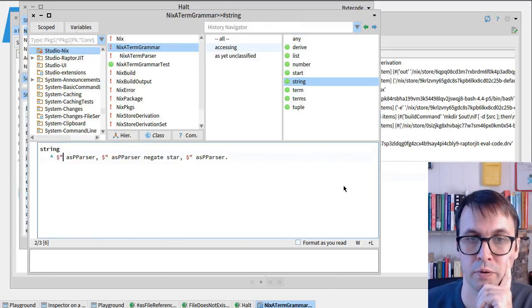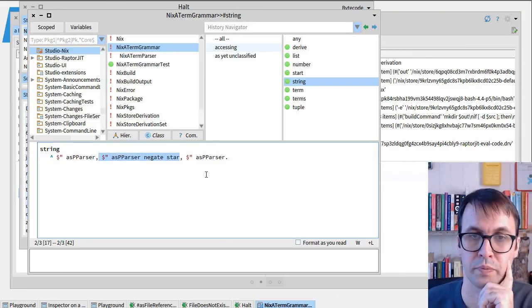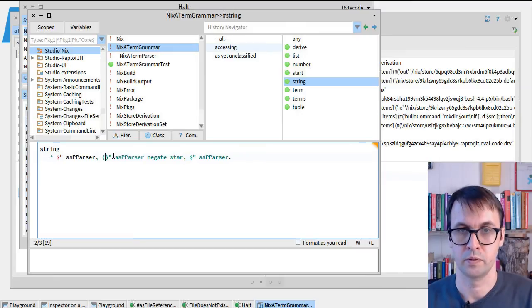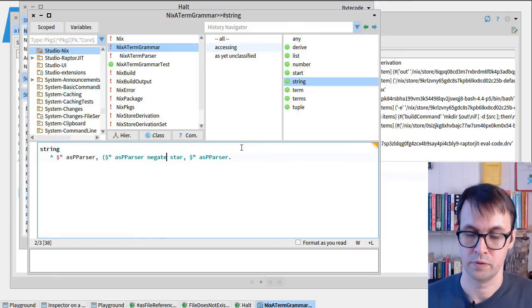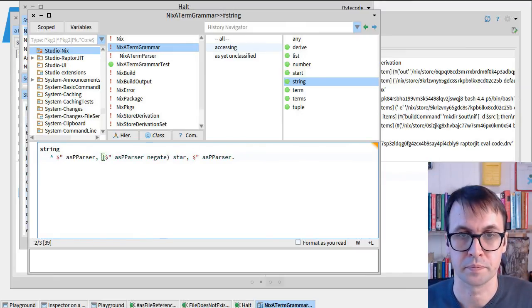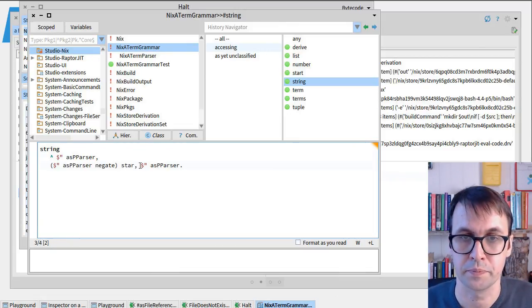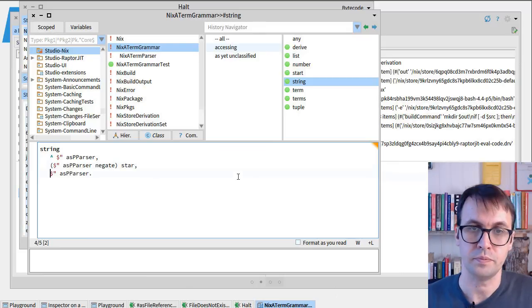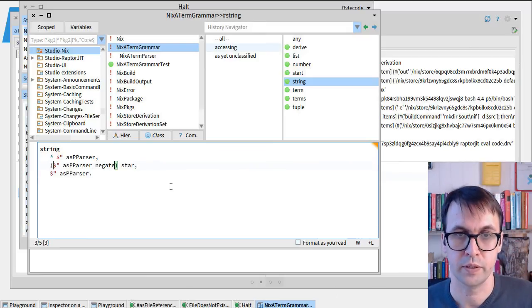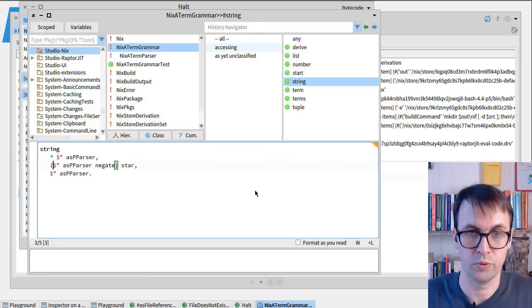We get a quote like that. Then we say that we take anything that's not a quote, but that's a bit too simple. We want to take either, put this on several lines to be a little bit clearer. So we can accept either something that's not a quote, or